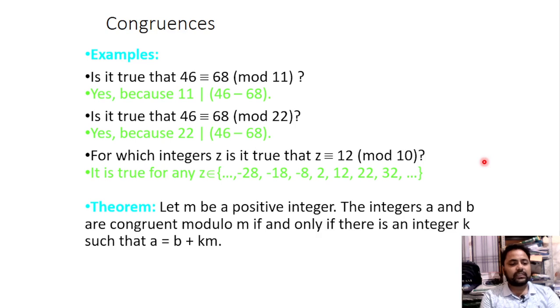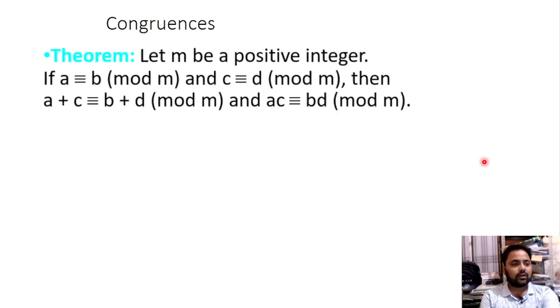Let m be a positive integer. The integers a and b are congruent modulo m if and only if there is an integer k such that a is equal to b plus km. For the congruence,